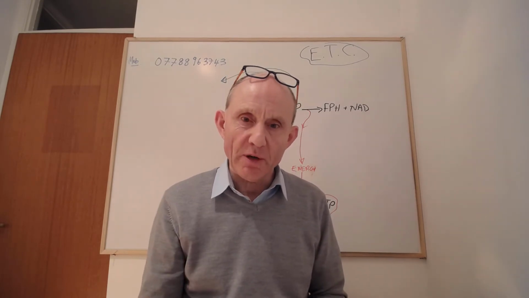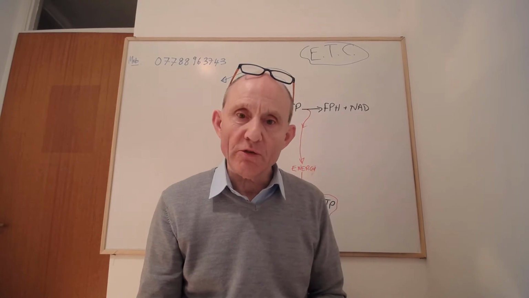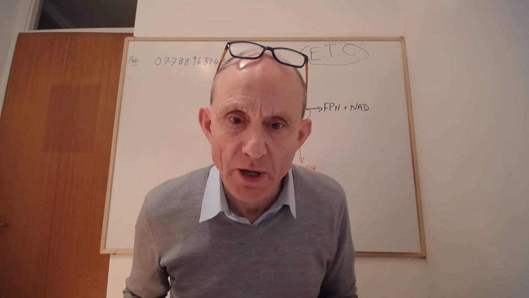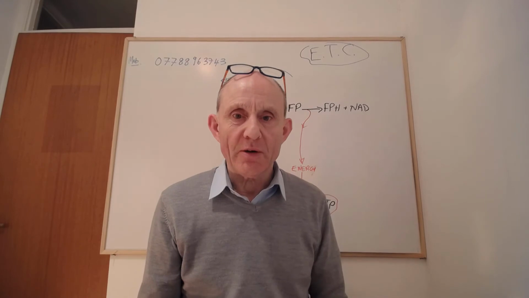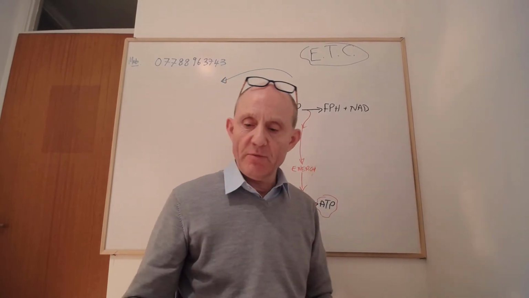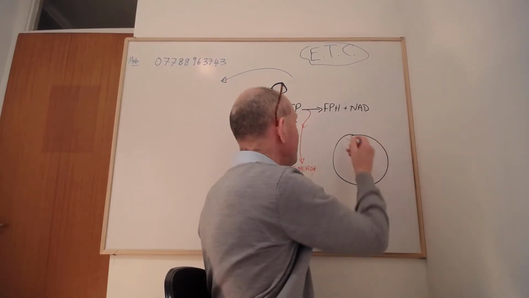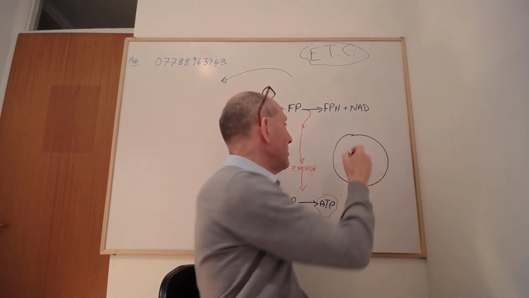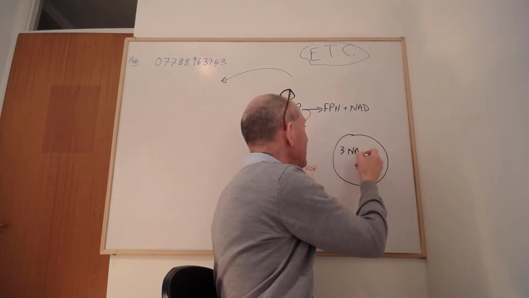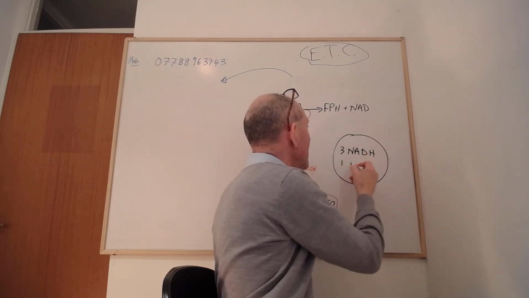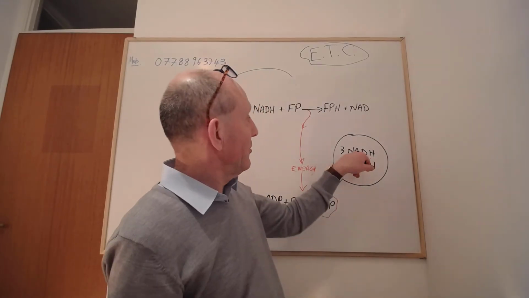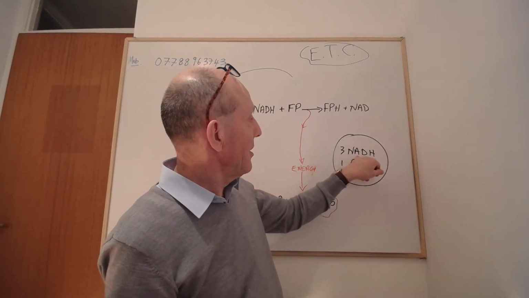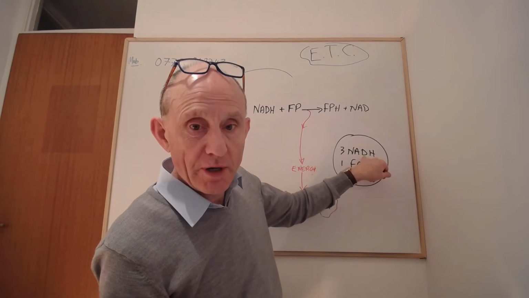If you remember, the Krebs cycle gave you 3 reduced NADs. Remember, there were 3 occasions where you get hydrogen released, 3 reduced NADs and 1 reduced FAD. So each turn of the Krebs cycle gives you 3 NADH and 1 FADH. Now, what have we just discovered? Every time you get one of these going to the electron transport chain,